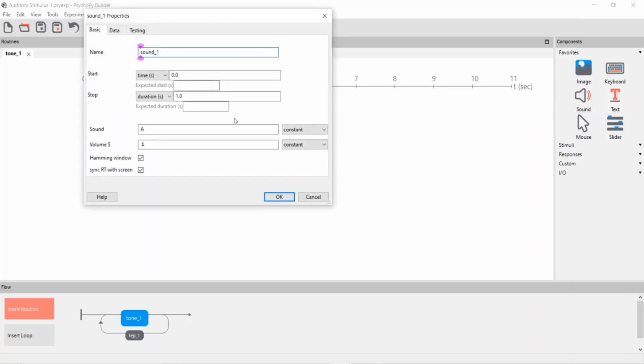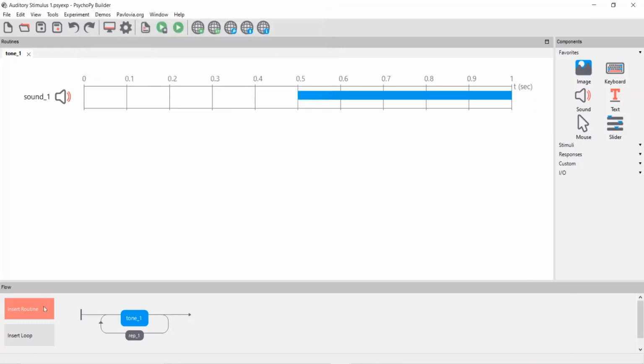Now what is tone 1? Then we have to add the sound. We have to put the sound here. Here we will keep the frequency as 500 Hertz, and we will keep it on. Similarly, we are not going to change the timing specification. We'll keep it as it is, so that all of you can hear it properly. So this sound is 500 Hertz and 1 is your volume level.